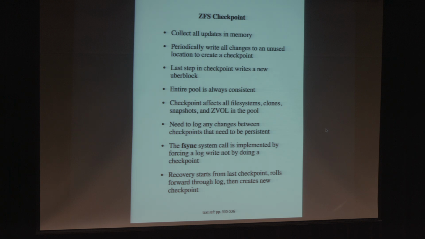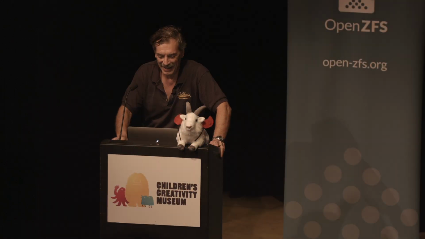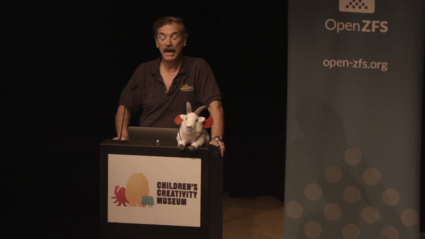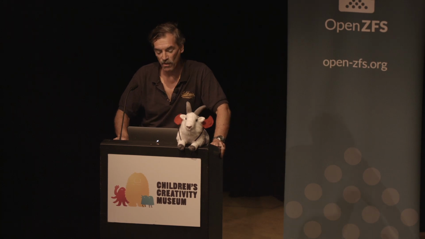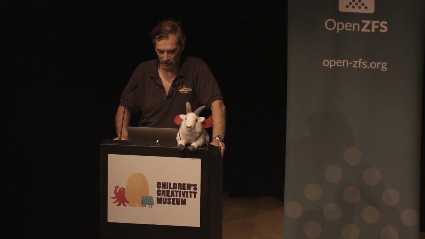The fsync system call is done a lot. If you're running something like a mail server, every single incoming mail is going to have an fsync occur, because before you go to the other end of the SMTP connection and say, yes, I got it, it's got to be on the disk here. Otherwise, mail would be unreliable, which used to be important. At any rate, hundreds of fsyncs a second is not uncommon, and I'm going to talk about the steps in a checkpoint, and when you see what they are, you'll understand why you can't implement fsync with checkpoints.